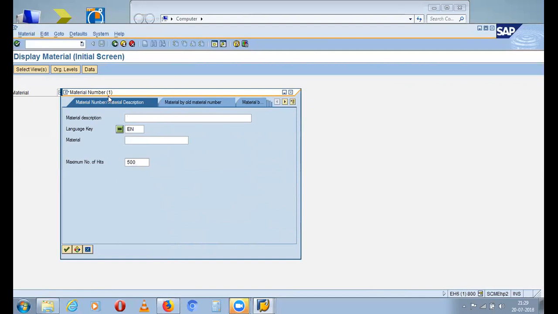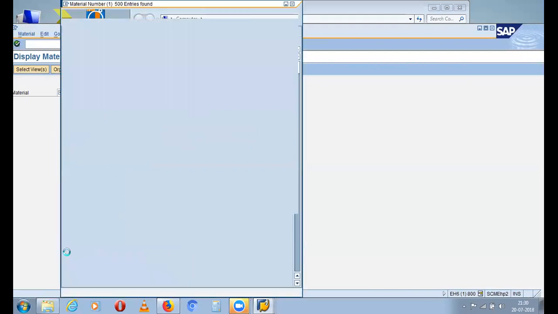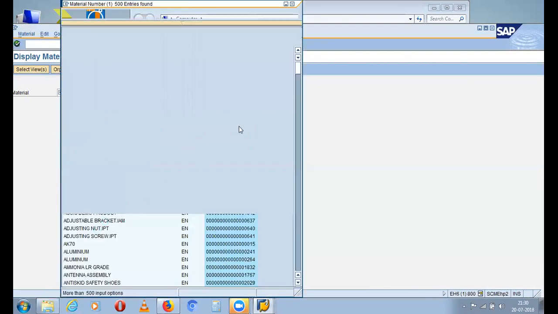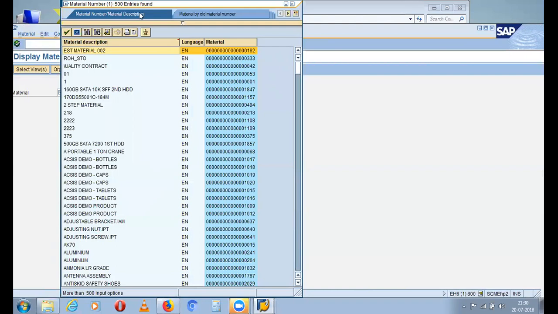Okay, wait a second. Click OK. Okay, just close it. Why is this screen coming in between? I don't know, what screen? This part.